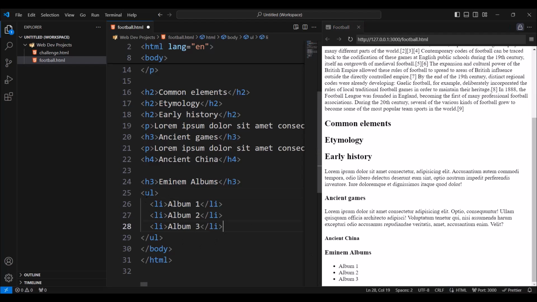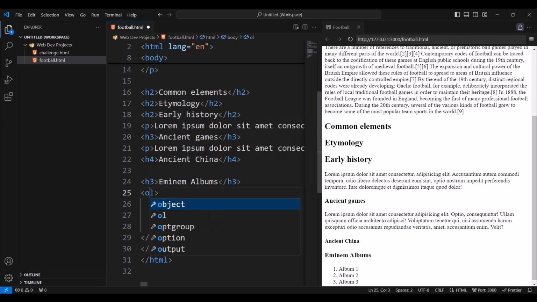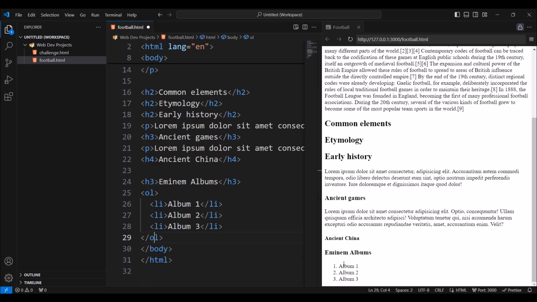Now let's look at an ordered list. So let's put ordered list here, also here should be ordered list. And now as you can see in real time it's updating, and now it has the numbers 1, 2, 3 being displayed. Again, this also can be changed using CSS, and we can have different numbers here.